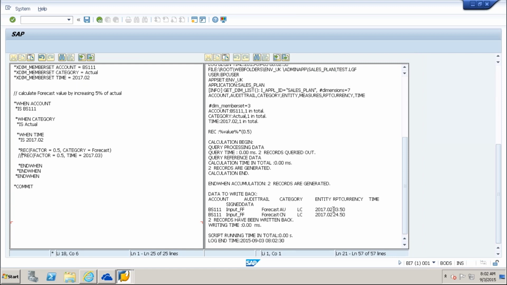Again, this value, I think we should multiply with 1.05, not 1.5. 1.5 means the value is 67. We just need an increment of 5%, so we have to take 1.05.